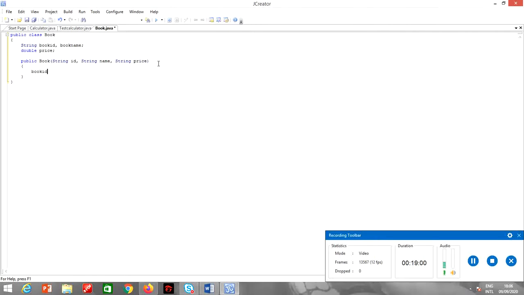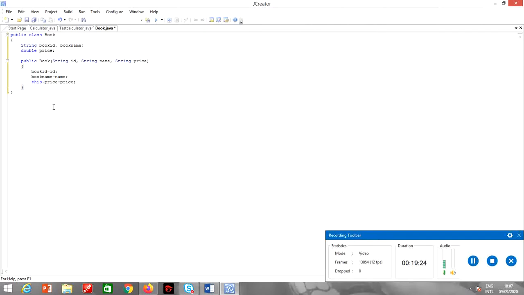So book ID is equal to ID, book name is equal to name, this dot price is equal to price, because the local and the class variable have the same name.